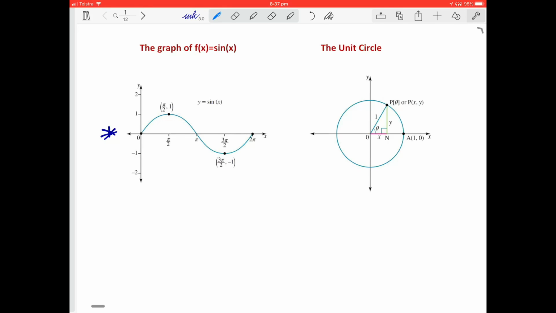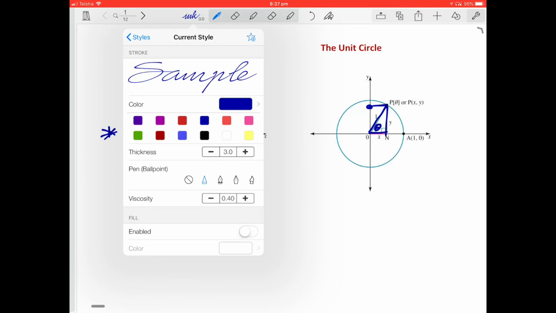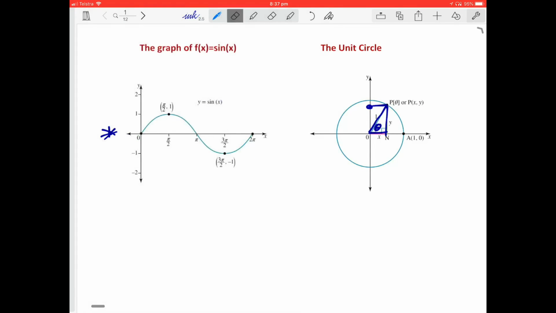If you don't recall, sine of an angle theta is the corresponding y value for that angle. So if I said to you, what's sine of 30 degrees? I'm going to make this a little bit smaller. You'd go around to 30 degrees, read the value off the y-axis. That's sine of 30 degrees. If I said what's sine of 0 degrees, you go to 0 degrees, read the value off the y-axis,